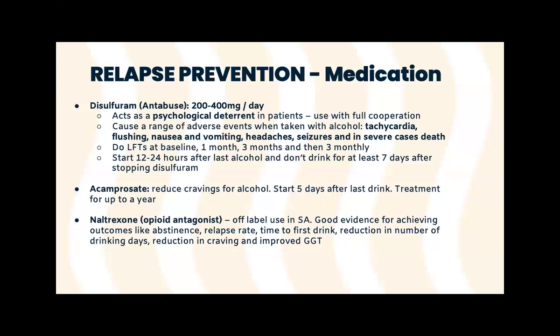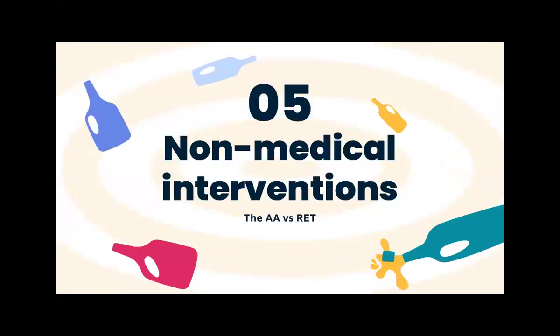There are some drugs not available to us in the private sector. Acamprosate is registered in South Africa. That actually reduces craving a little bit. And again, it only works within the larger package and only really works for people who actually had dependence. It's not going to help for somebody who's just using it as a coping mechanism. Naltrexone, there's actually some very good evidence, but that's for off-label use in South Africa. It's not yet available in South Africa as an official use, and particularly also for things like reducing cravings. So great. So let's